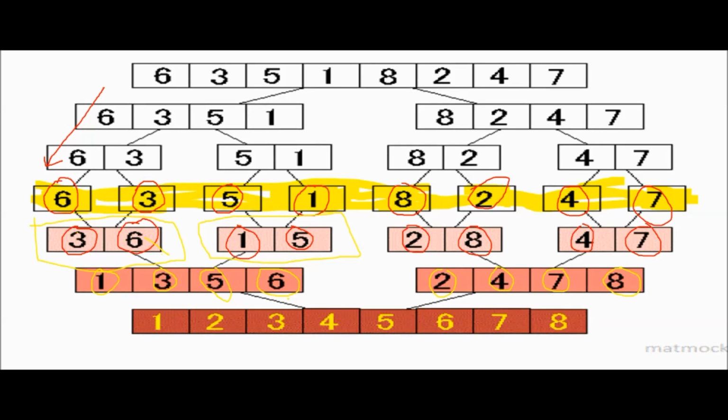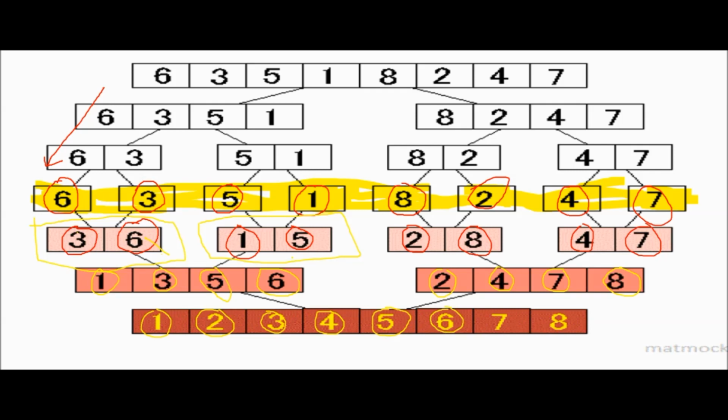In order to complete the merge sort, we have to compare all these elements and merge them into the array. We compare this 1 with 2 and find that 1 is the smallest. Likewise, 2 is the smallest among 2 and 3. Then we compare 3 and 4, and we find that 3 is the smallest, so 3 will be here. Then we compare 5 and 4 and find that 4 is the smallest, so 4 will be added here. Then we compare 5 and 7, so 5 will be added here. Then we compare 6 and 7, so 6 will be added here.